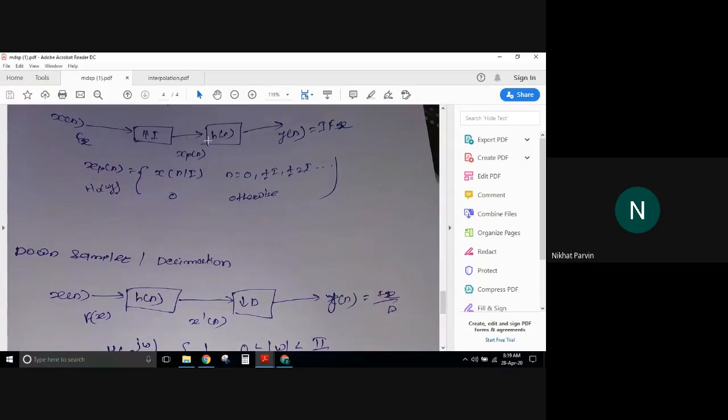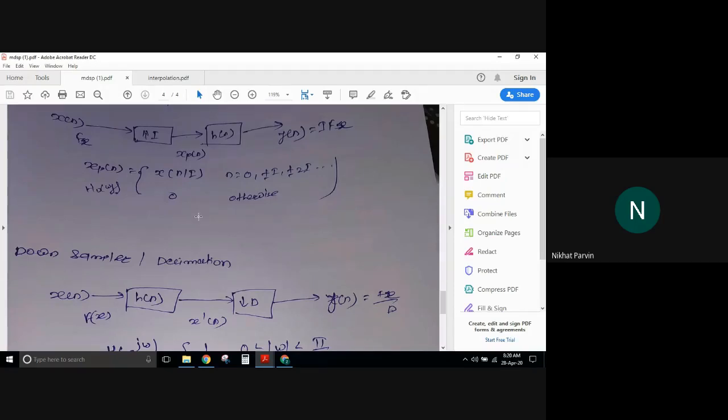Here I can say at the output I have applied the LPF, and here at the input of the circuit we have used the LPF. The purpose of that LPF is to provide the anti-imaging effect, and the filter we are using in decimation is there to avoid the aliasing effect. That means to provide anti-aliasing, we use the low pass filter at the input of decimation, and vice versa in the case of interpolation.